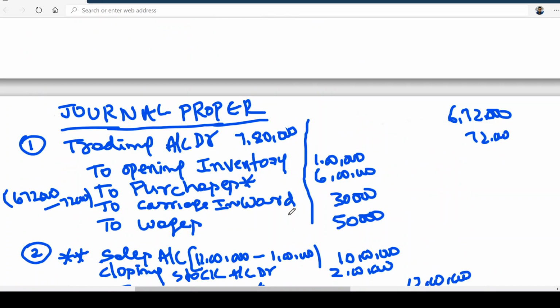Okay, if you want to copy down, you can pause this and copy it down. Or shall I leave it for a while? Make it fast to copy this down.